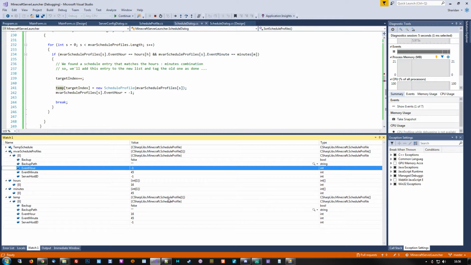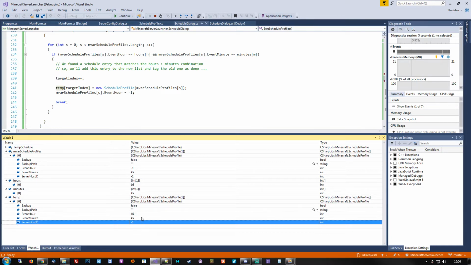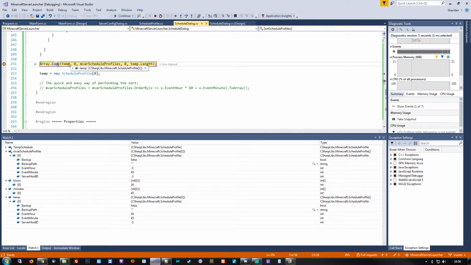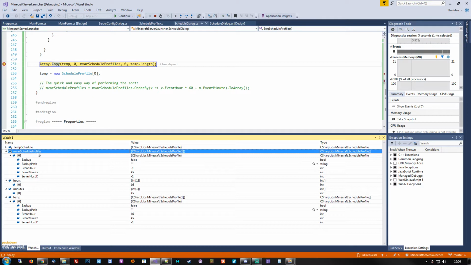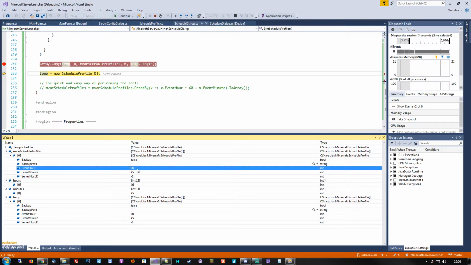So, in any case, the temp array now correctly contains the entry that is set to 1645. So, by running this last line, that should copy the entire contents of temp up to the mbar schedule profiles array, like so. The red value indicates that there was a change. And that's basically it. After that, we empty out the temp array,